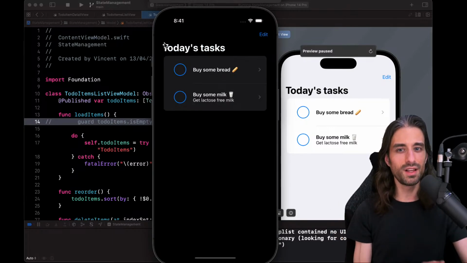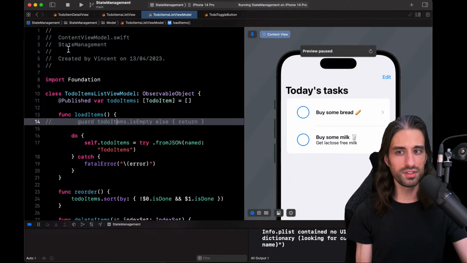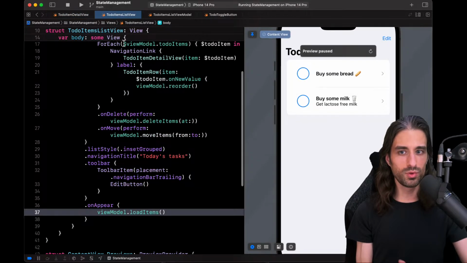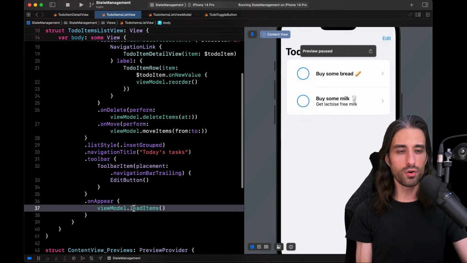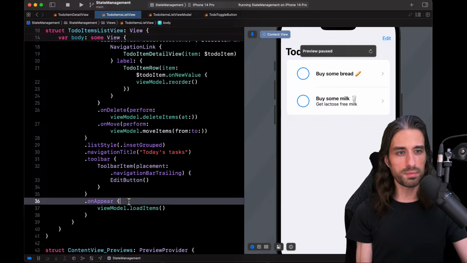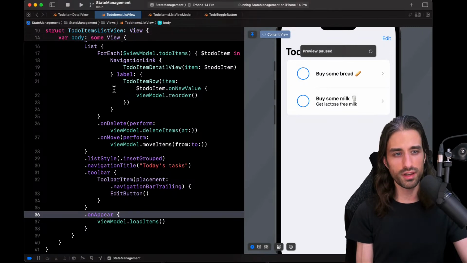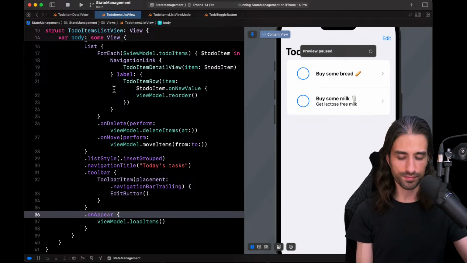And it's something I wanted to point out because, by pointing this out, I can point out the fact that in to-do list view, we are loading the data inside onAppear, and onAppear gets called every time the view is displayed, and that includes when we come back from a detail view. That's what I wanted to highlight.